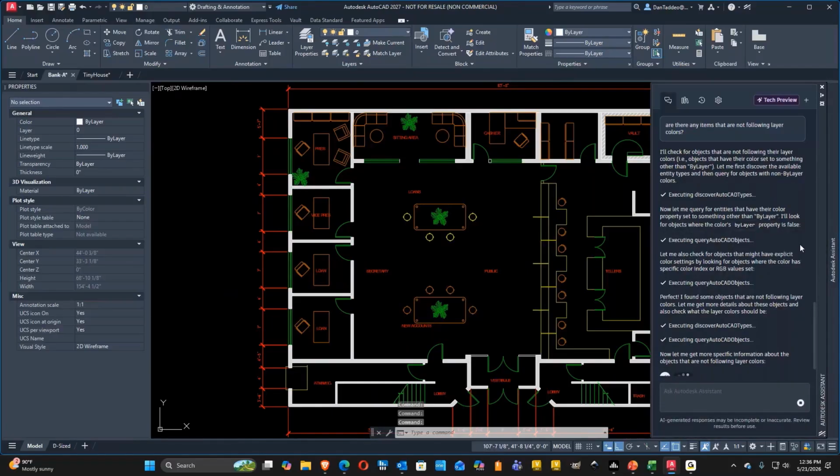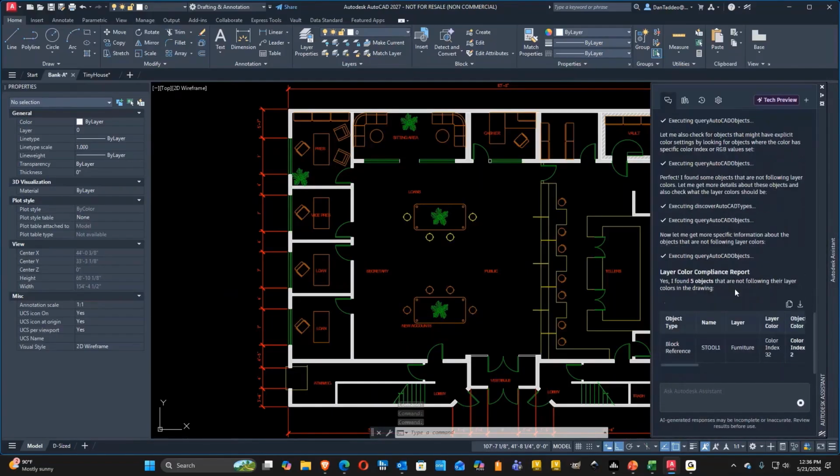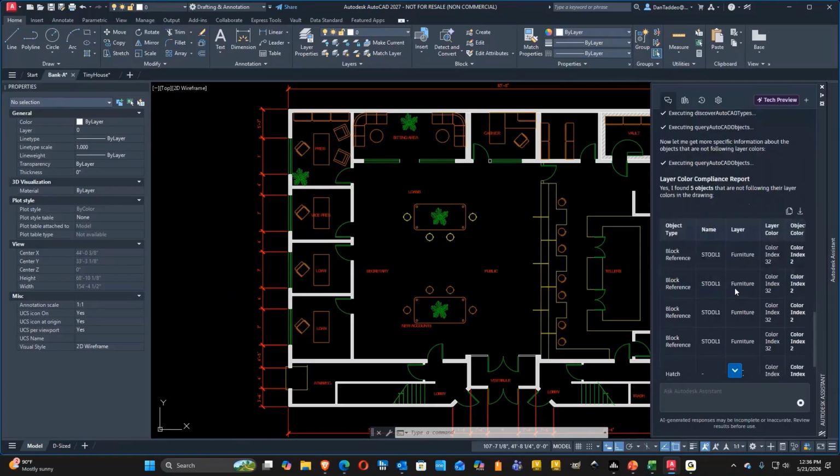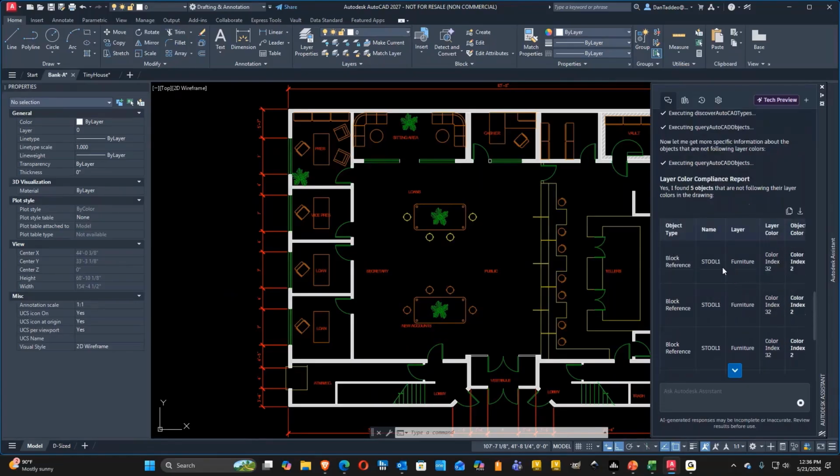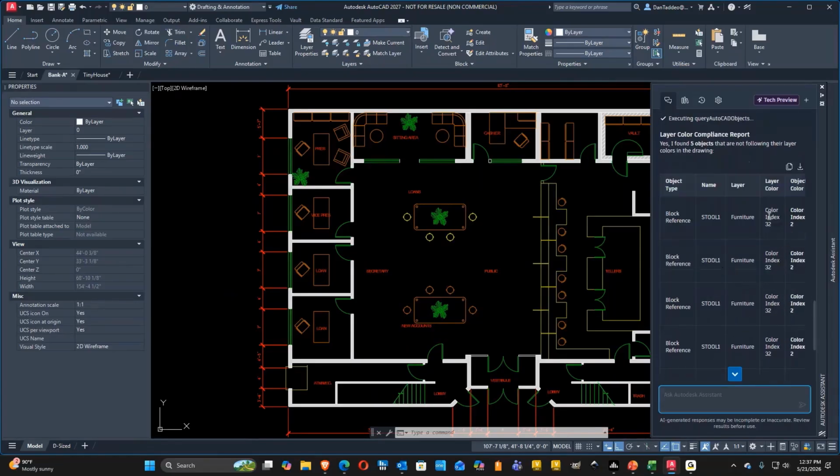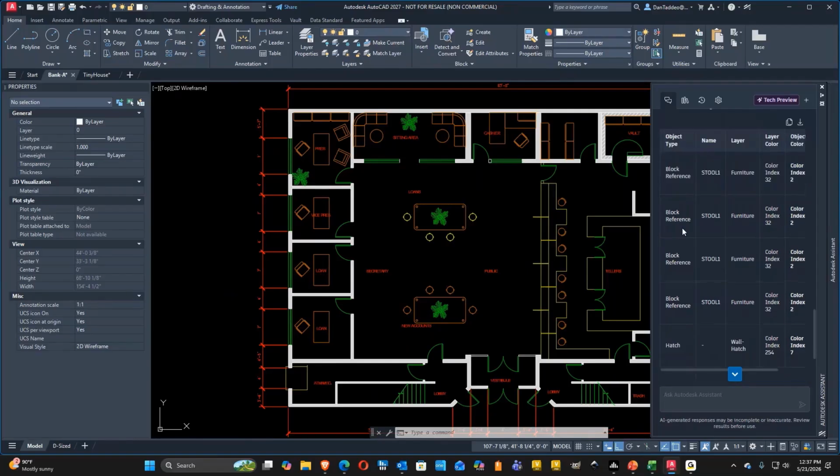So as it's going through and calculating all this, it eventually comes back, and you can see that it tells me there are all these block references. You notice it's on color index, and it has it. Wait, there's 4 of these. It's found them. It's basically telling me there are 4 of these stool 1 that are on a color index of